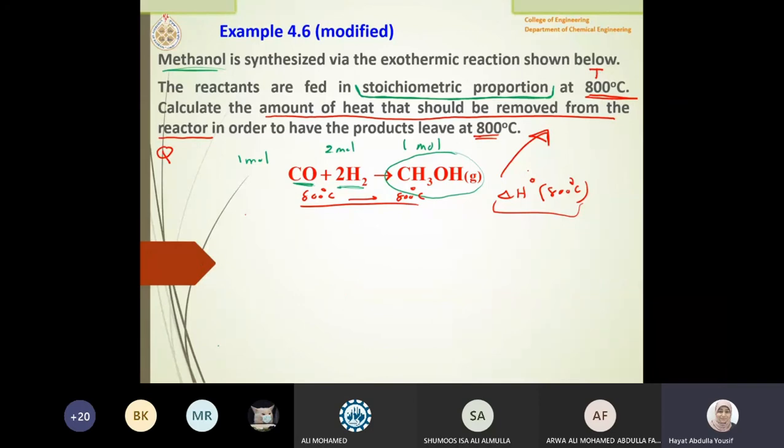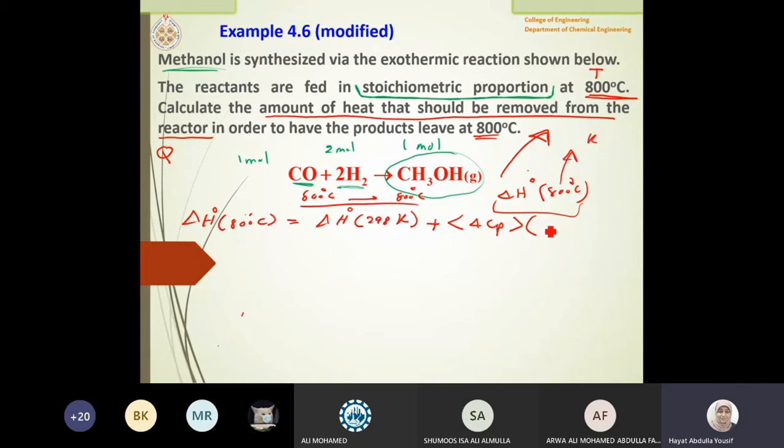How can I solve this question? We are going to remove the heat, this latent heat. I want to have this heat out of the system without changing the temperature of the reaction. So first of all, I just want an answer from you. Do you agree that this example is talking about calculating the standard heat at 800 degrees C, and that's why I will calculate the standard heat at 298 Kelvin and make a correction that is Cp delta T, which is the difference. But on this one, I have to convert it to Kelvin.